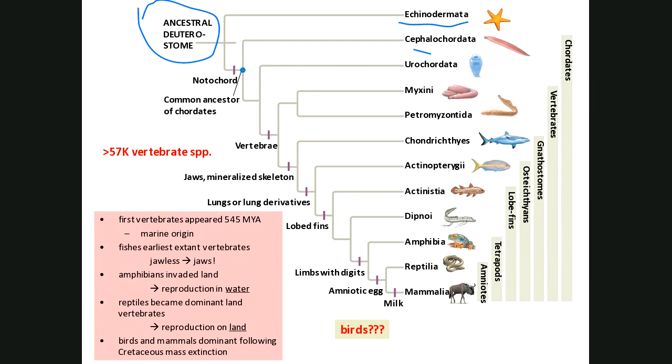The first vertebrates arose about the time of the Cambrian explosion. So a lot of stuff went on back then during the Cambrian explosion. Out of the ocean too, by the way. That's a lot of life, for the most part, evolved out of the ocean. First we get the fishes. First they were jawless, but when the jaws came along, whoa, man, when jaws came along, we talked about that in the Cambrian explosion.